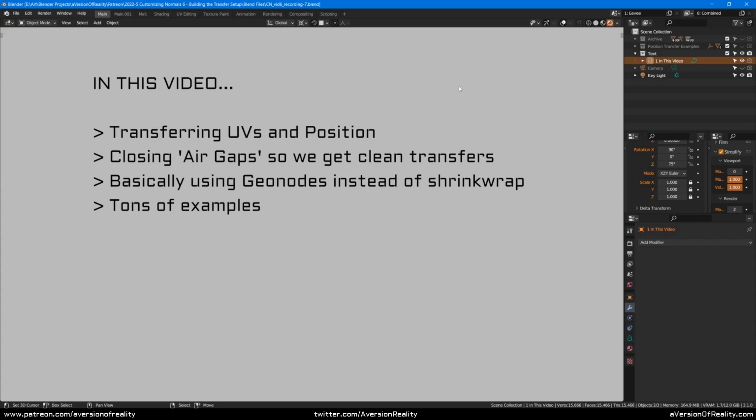Hey everyone. In this video, we're going to start applying our geometry nodes knowledge to actually build some transfer setups. In the opening videos on data transfer, we learned about things like the air gap issue, which we fixed with Shrinkwrap and intermediary objects. So in this video, we'll be looking at examples of how to do all that, but in